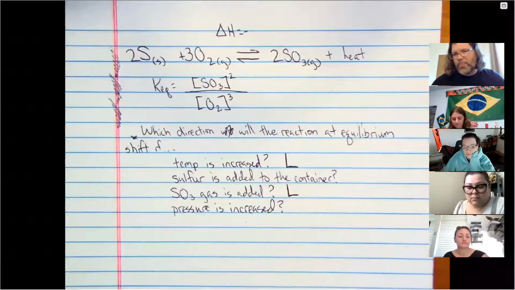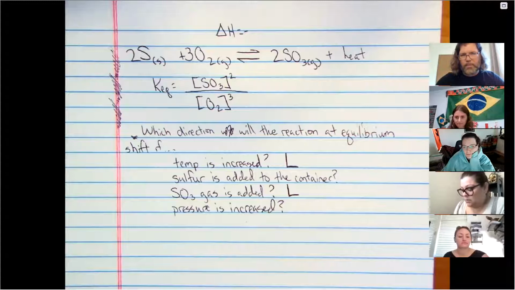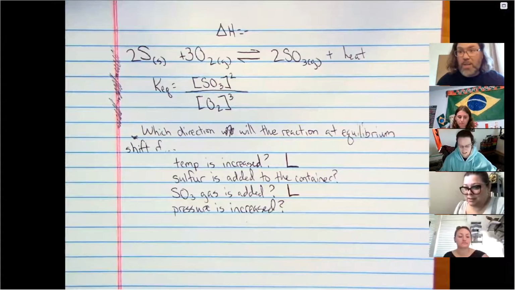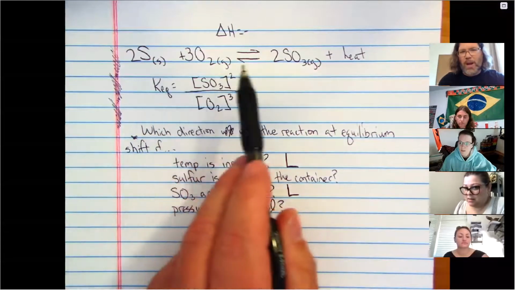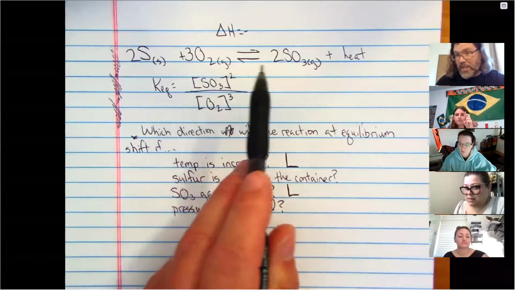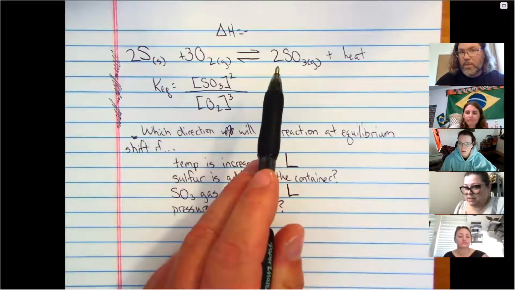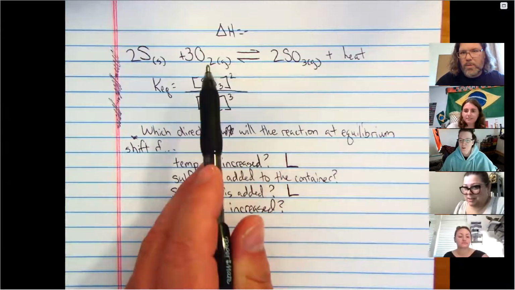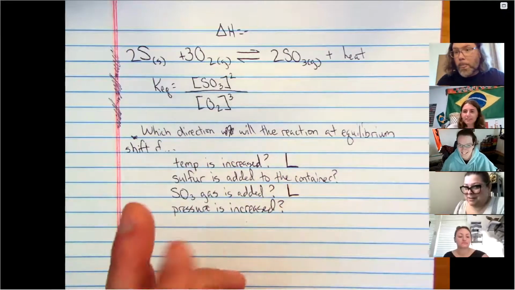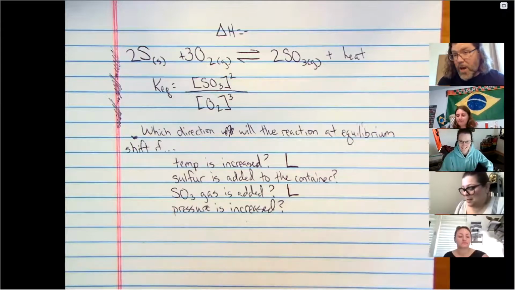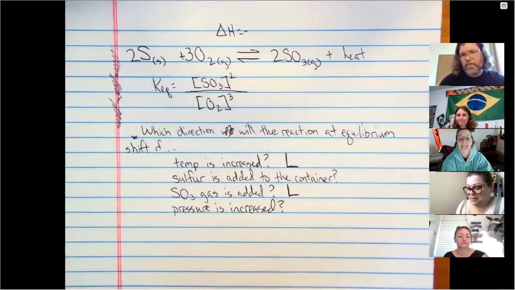What about if we increase the pressure? State Le Chatelier's principle in your head. If the reaction is disturbed by an increase in pressure, the reaction will respond by trying to decrease the pressure. So which direction can this reaction shift to decrease its pressure? To the right or left? The reaction can decrease its pressure by shifting to the side that has fewer moles of gas present. And only gas.